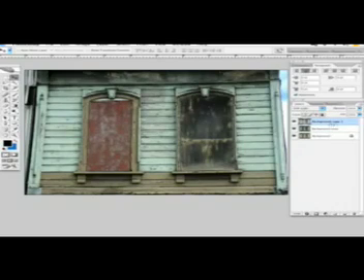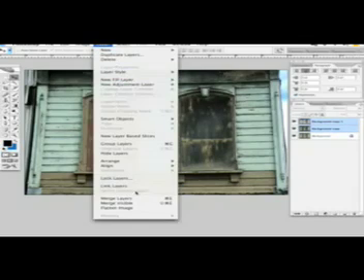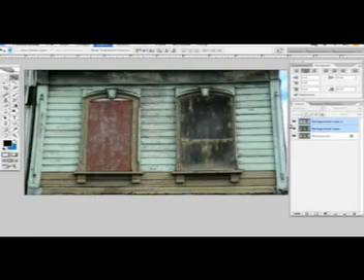a lot better. Now we want to merge these two layers together, so we're going to select both of these layers and go to Layer and Merge Layers. You can also do this by pressing Command E. Right, we're going to duplicate this layer again, just to make sure we don't end up doing something wrong on the other one. And we're going to go to Filter,